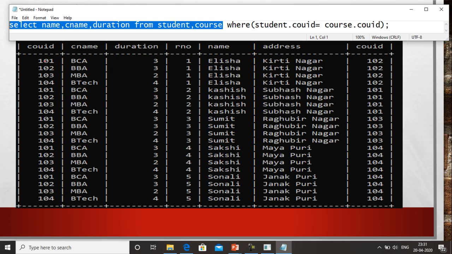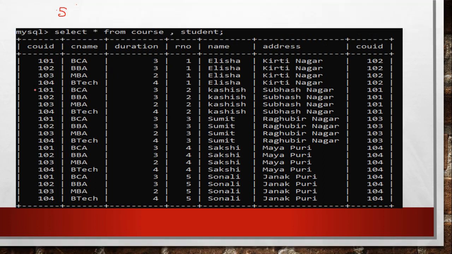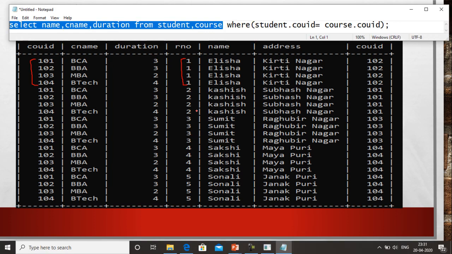You can see that we have courses from 101 to 104, and they are combined with the roll number 1 record, and again all the courses are combined with the roll number 2 record, then all the courses are combined with the roll number 3 record. This is basically the Cartesian product which is obtained when the system combines these two tables.